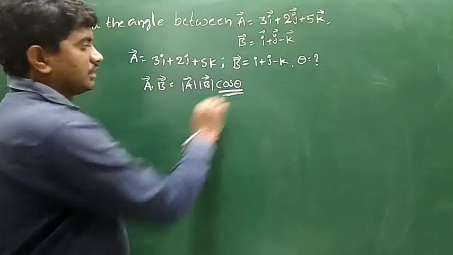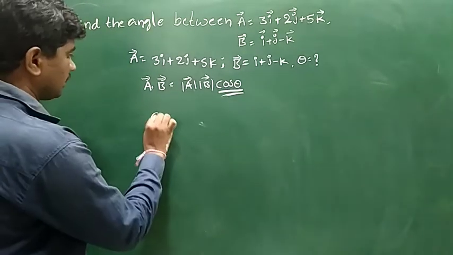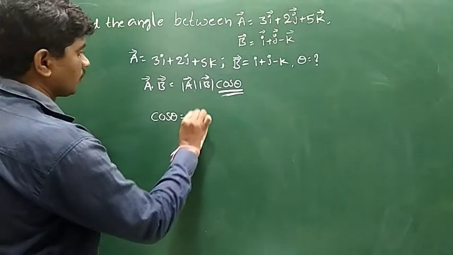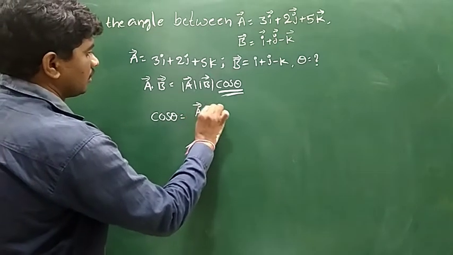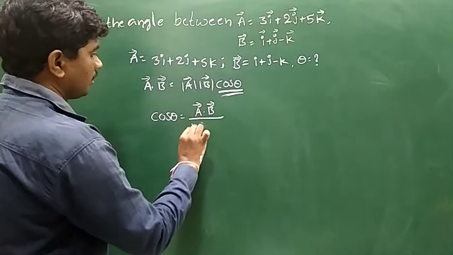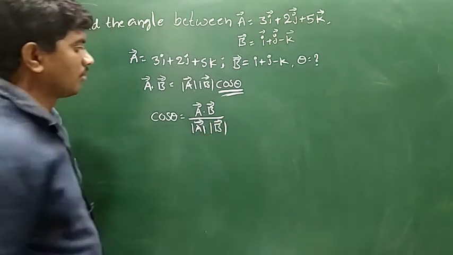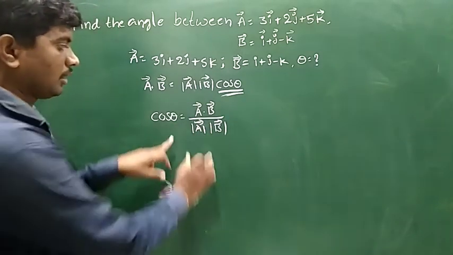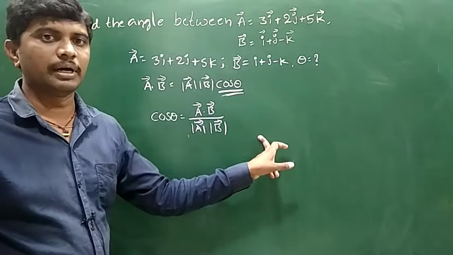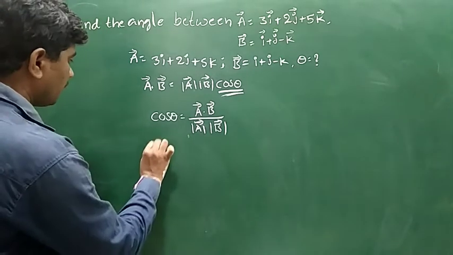To find out cos theta, cos theta is equal to A bar dot B bar by mod A bar mod B bar. First find out mod A bar and mod B bar. Mod A bar is equal to